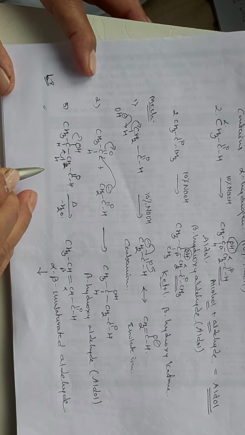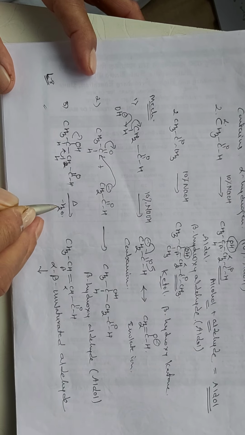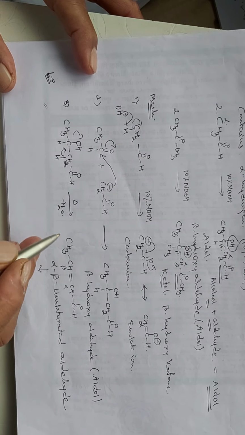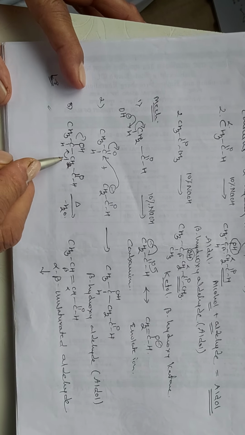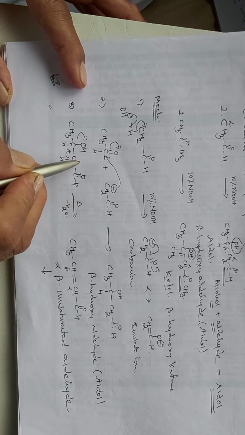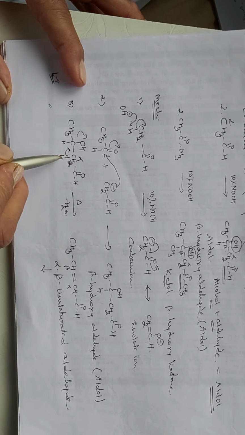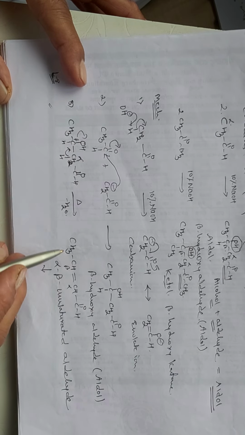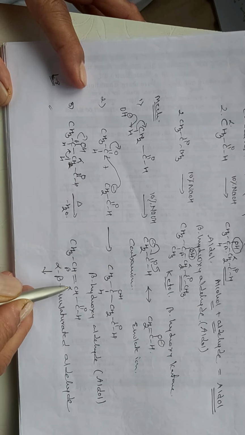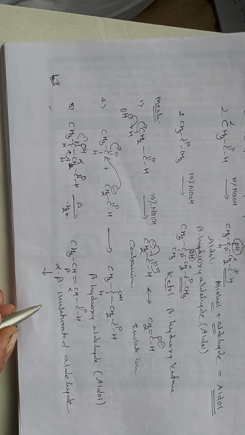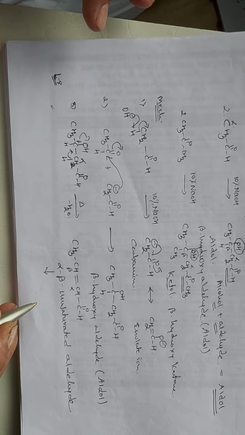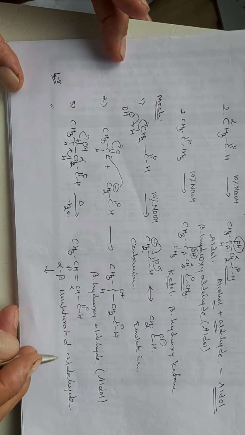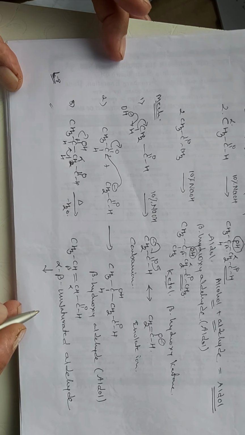But in the third step, this beta hydroxy aldehyde, on just heating, when you warm the reaction mixture, liberates a water molecule and forms an alpha beta unsaturated aldehyde. The water molecule is liberated: the alpha carbon gives the hydrogen and the beta carbon gives the OH, so the molecule obtained here is an unsaturated molecule. The synthetic utility of aldol condensation is that this method can be used to synthesize alpha beta unsaturated aldehyde compounds or ketonyl compounds.